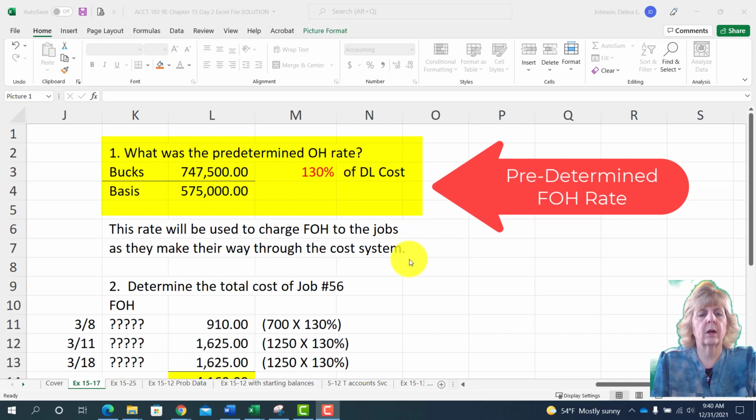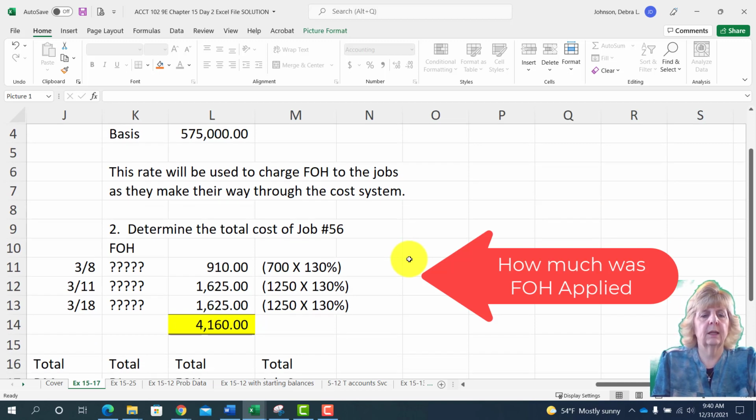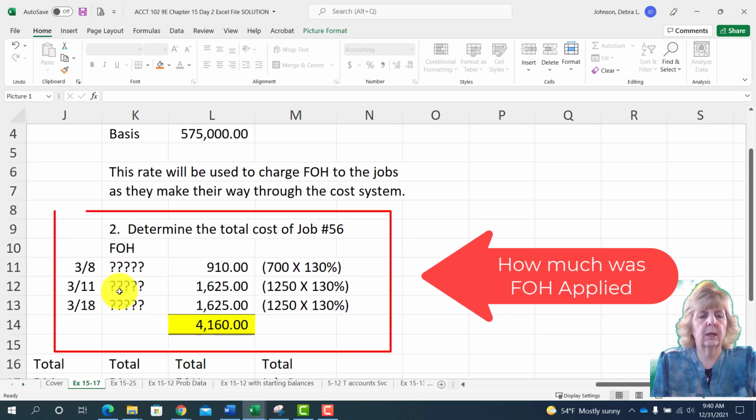The second requirement asked us to compute the factory overhead and to get the total cost of the job in total. You'll notice that from the job card there were 3 direct labor charges, and what we should have done is take the direct labor multiplied by the rate that we computed in requirement number 1. Since there was 700 of direct labor cost on that first time ticket, 130% would result in an overhead charge